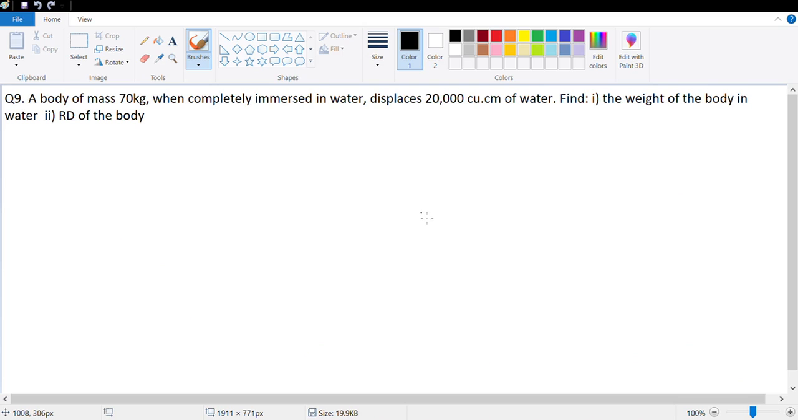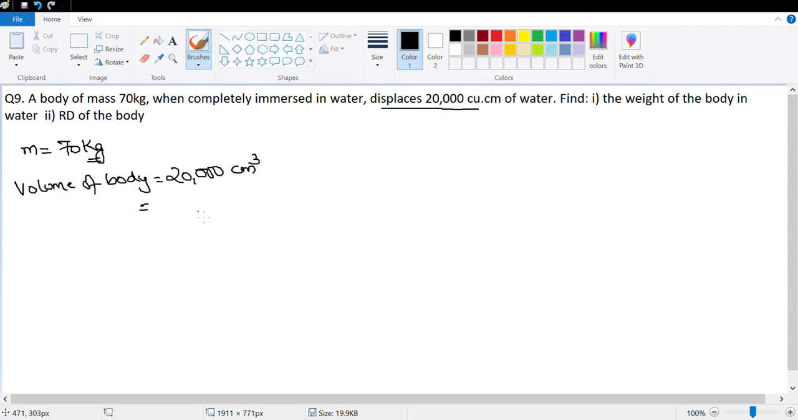It says a body of mass 70 kilogram. So mass is given equal to 70 kilogram. When completely immersed in water, displaces 20,000 cubic centimeter of water, which means volume of body is equal to 20,000 centimeter cube, because a body will displace water which is equal to its own volume. Since this is given in centimeter cube, let me convert this into meter cube. So this would be divided by